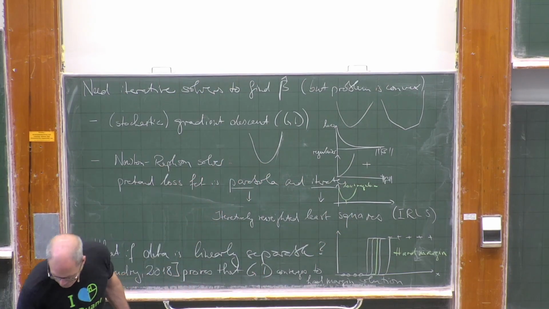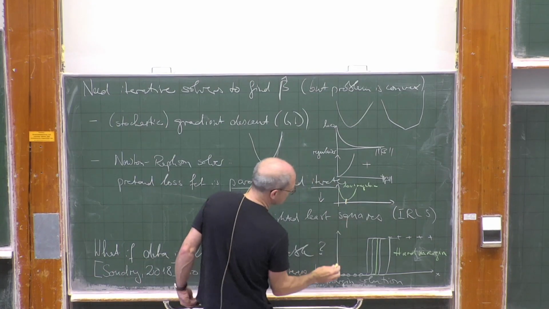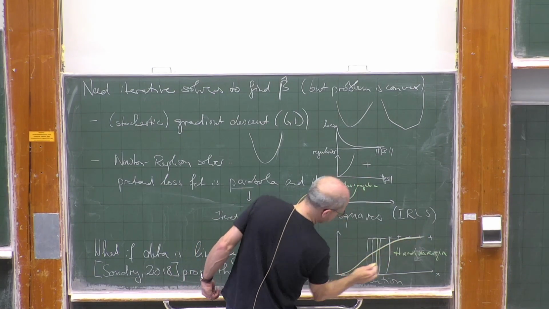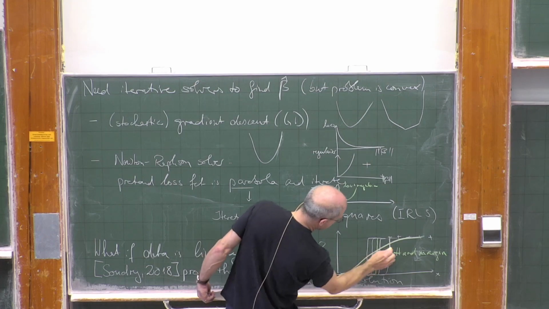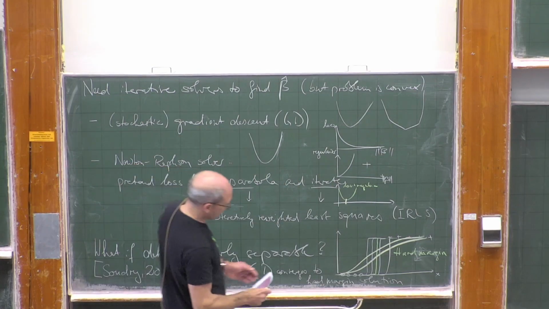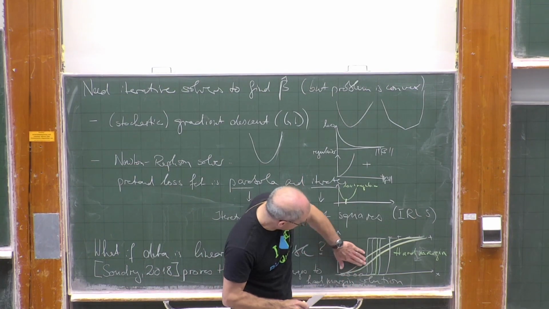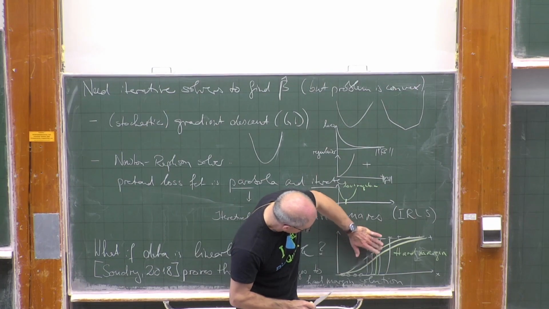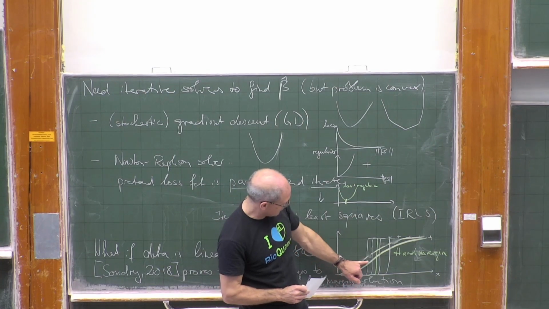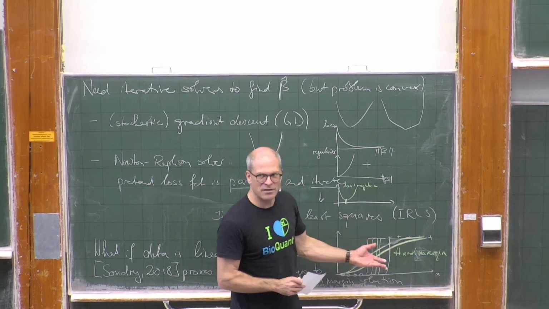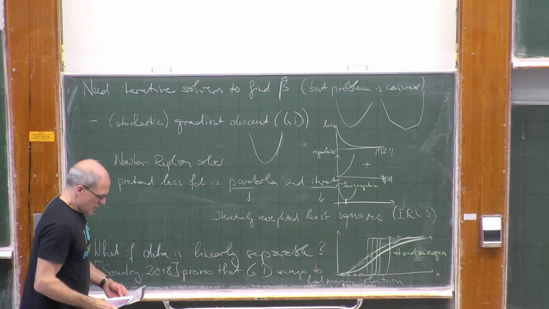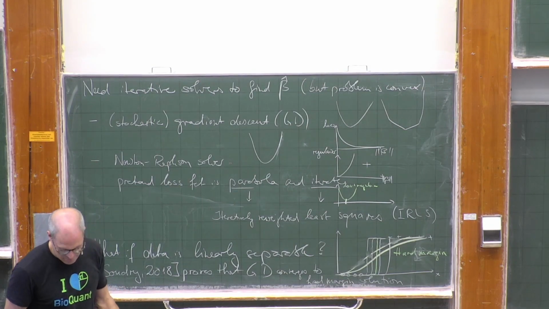Let me use a different color for that. So this solution, it should be symmetric ideally, will look something like so. It's going to be less extreme. And for such a small training set, I would believe this regularized solution much more. It tells me the posterior probability here is pretty low, and then it's 20%, 50%, 80%, and 100%. I would believe this more than a crass step function. All good?